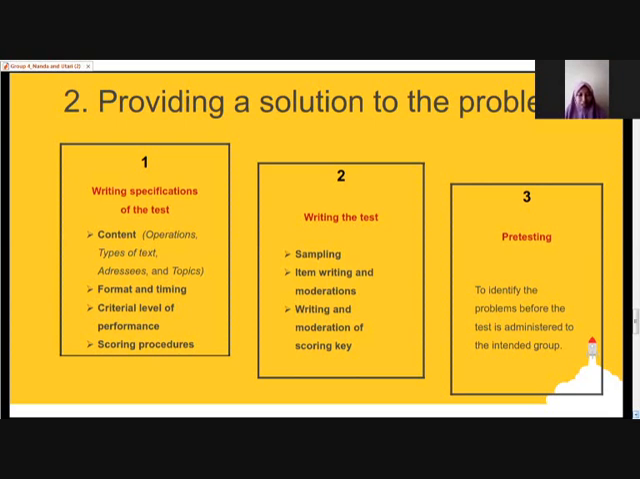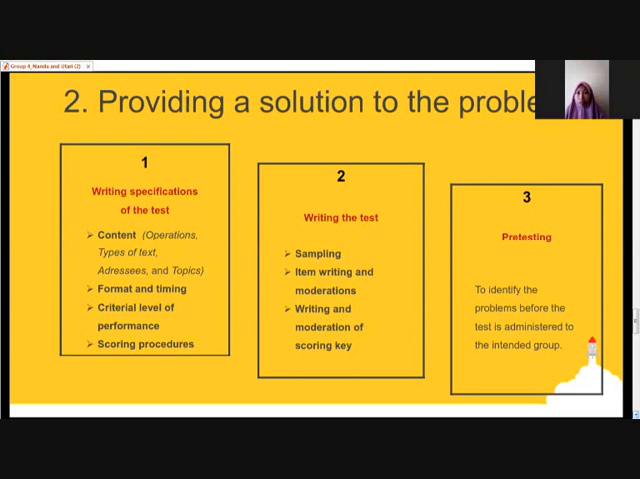And for the criteria level of performance, that is about the required level of performance for success, which should be clearly specified. For example, what are the criteria for the test takers to be said to pass or fail for such tests? So